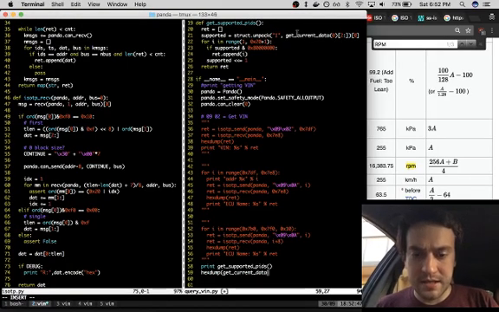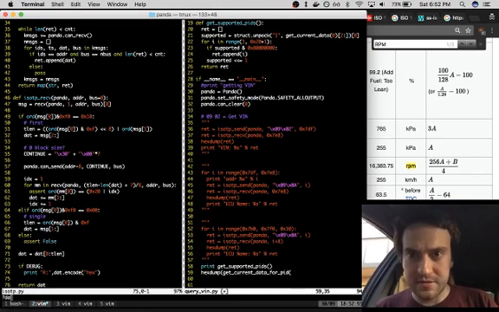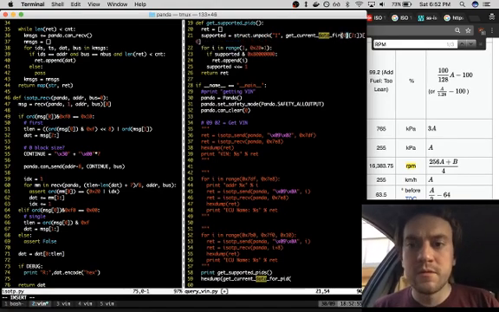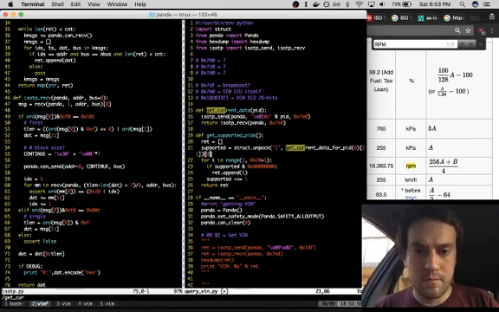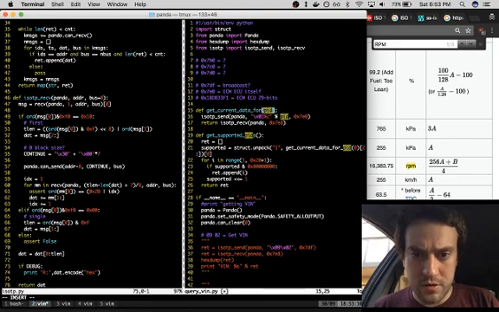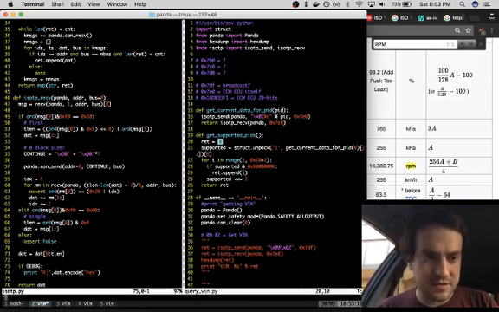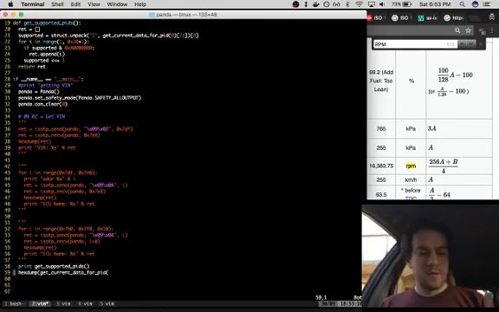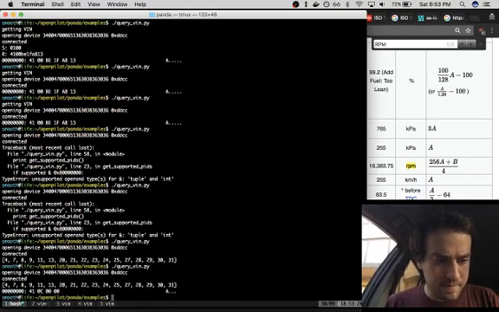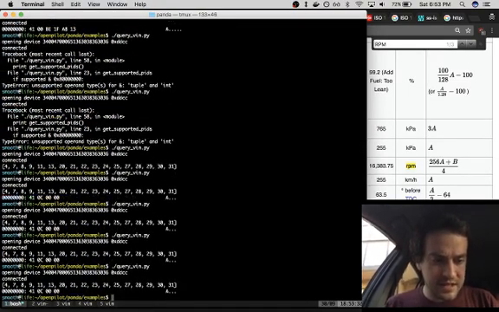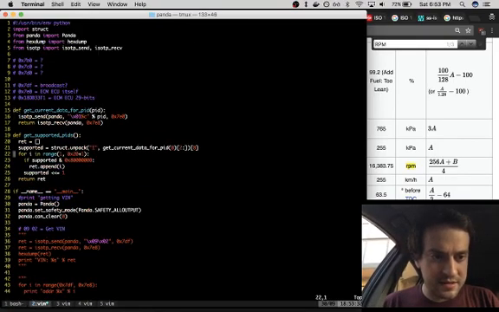Let's try hex dumping, get current data. I should probably call that for PID so I remember. Get current data for PID. Is that a lot of characters? No, I'm only 68. I don't need this anymore. Get current data for PID. Yeah, well, let's try. Okay, so 12 should be the engine RPM. See, it says it's not supported, and yet